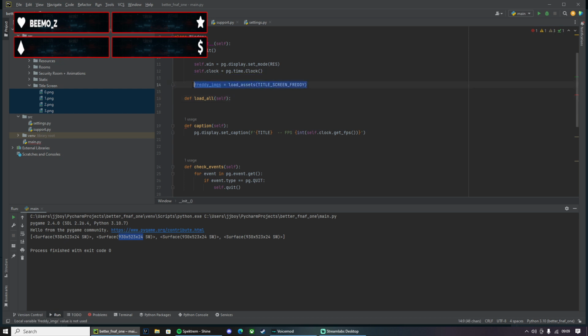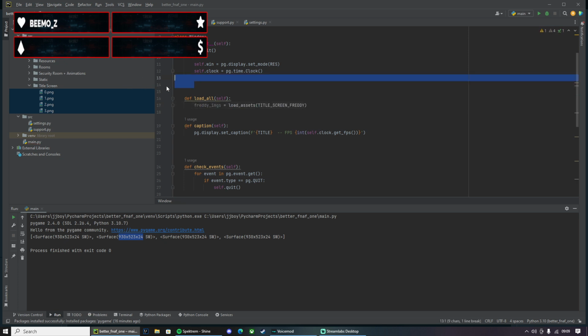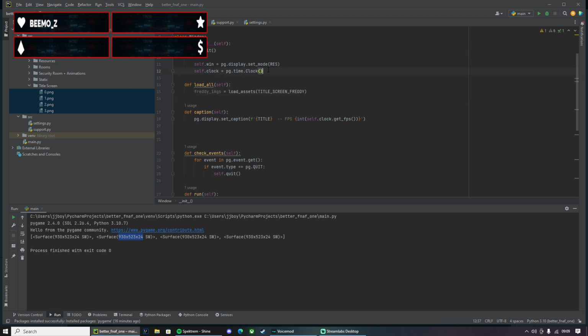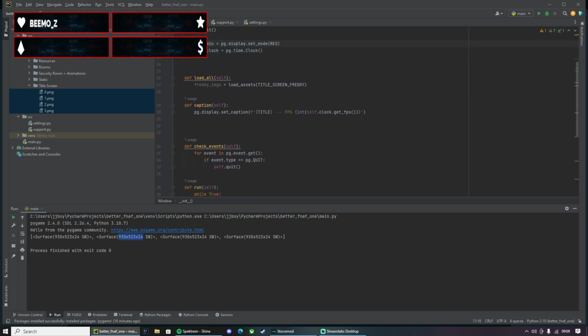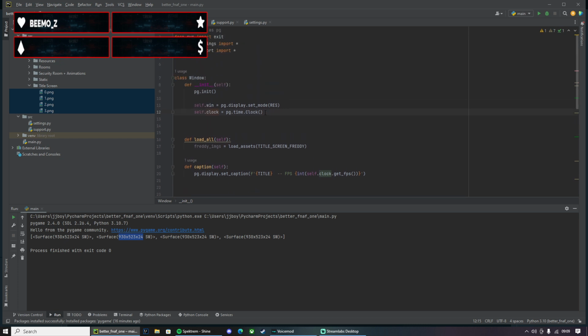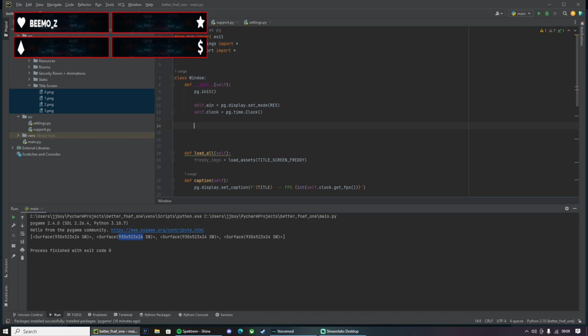Alright, let's just take this. Now while this is all running, we've made the window, made the clock, and then it'll eventually do all of this. While it's loading the first initial, we'll load the images.